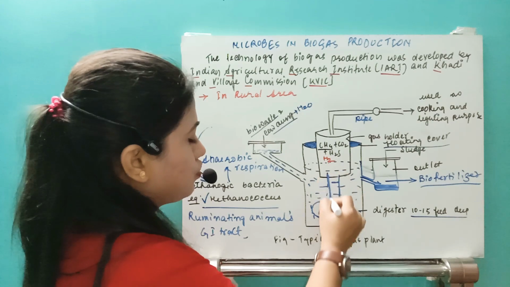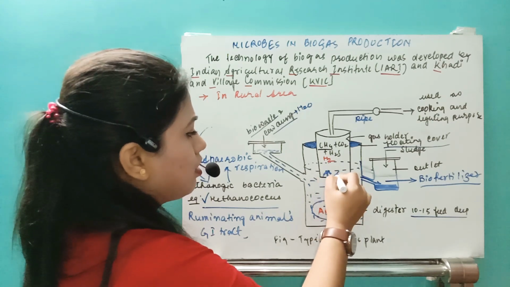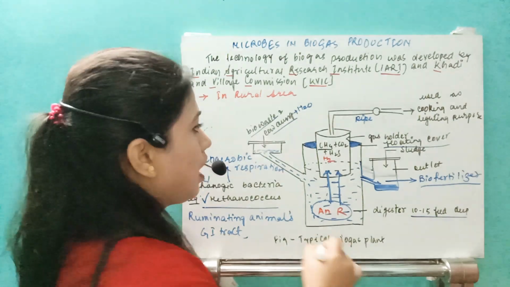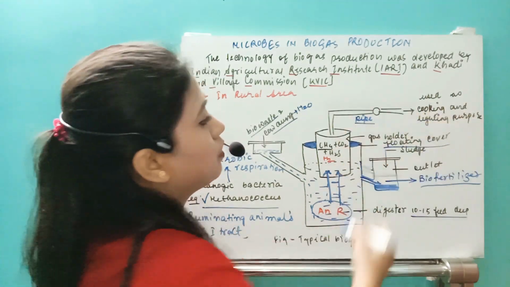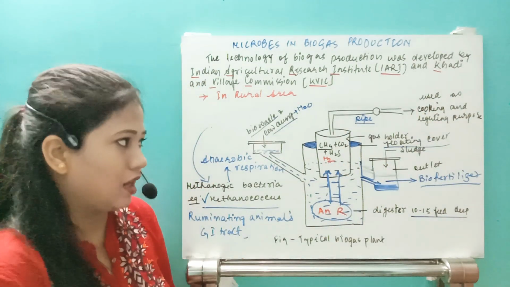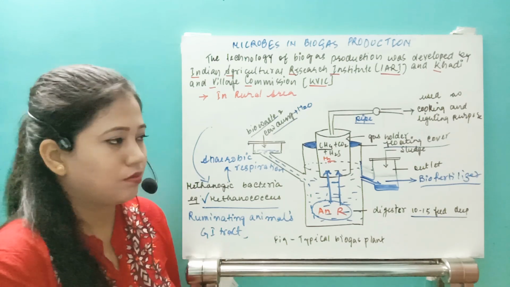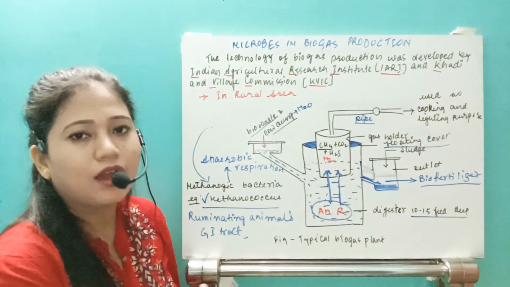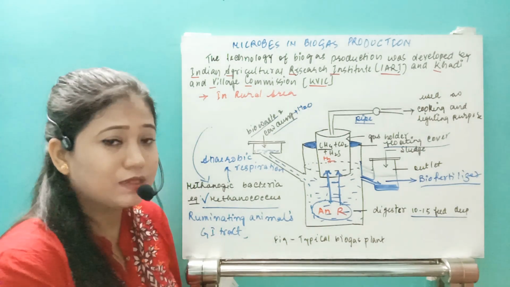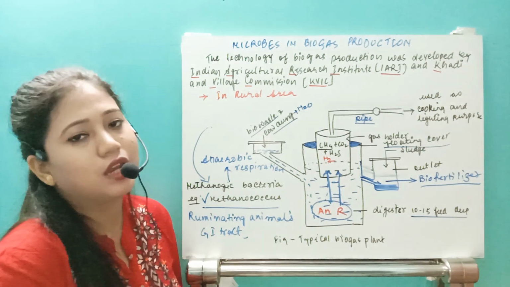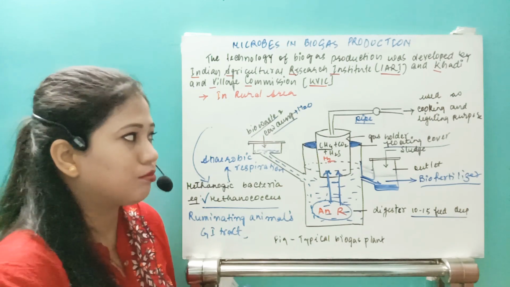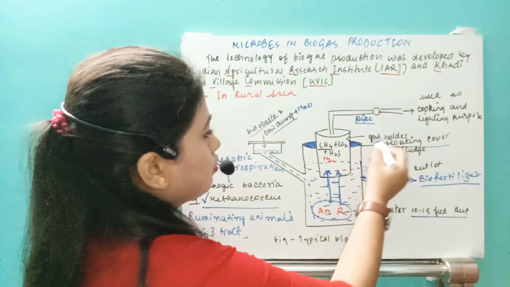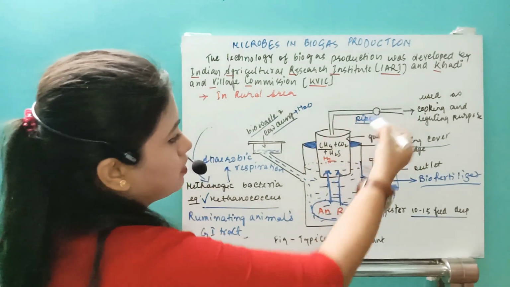From this gas holder we take the gases. Those gases are collected from the gas holder, and with the help of a pipe they will go to different areas. Suppose in a small house there is one biogas plant, then by a pipe that goes to their kitchen, it will provide this biogas. So in this we have one gas holder pipe.